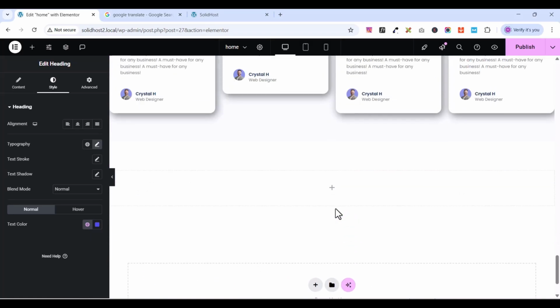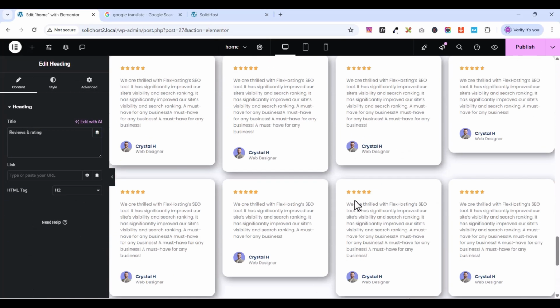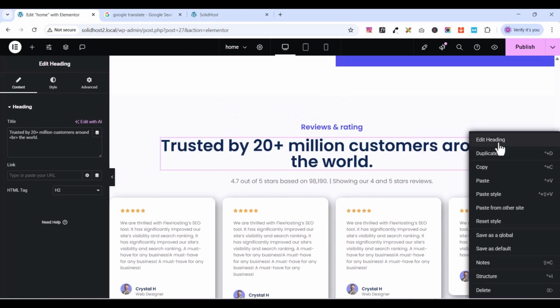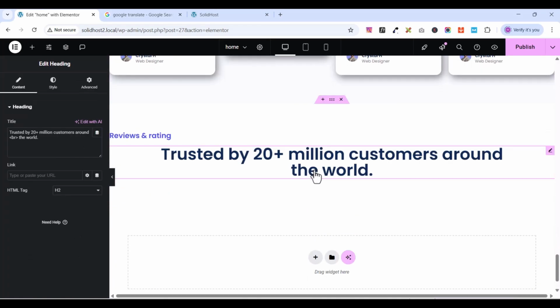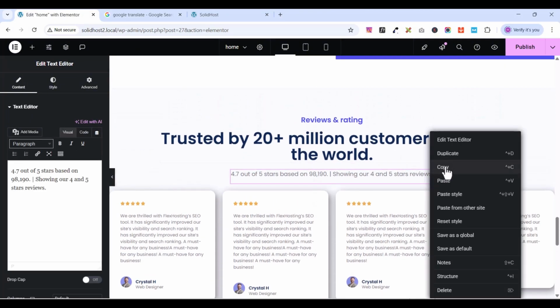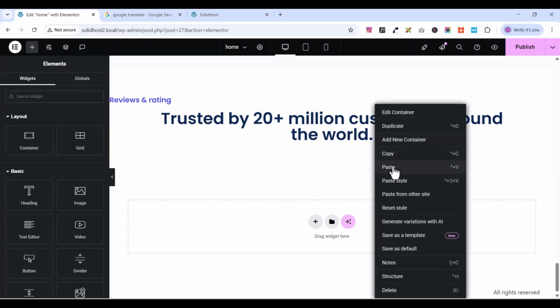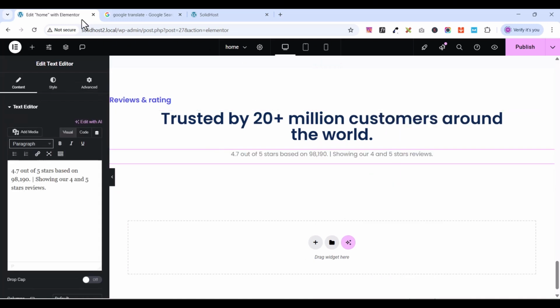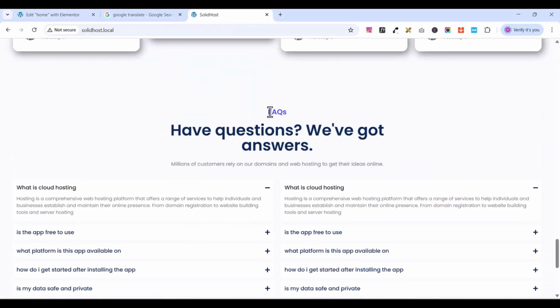Okay, so from here, I will go up here, copy this text. Okay, then paste it here and paste it here, and I'll go back there, copy this one again, and I'll paste it here. Okay, then copy this one again, okay, then paste it here. Okay, so let's go back to our reference site. Okay, so I'll copy this, go back here,